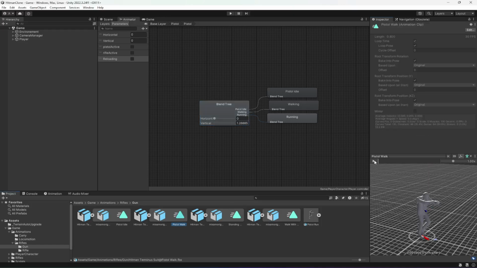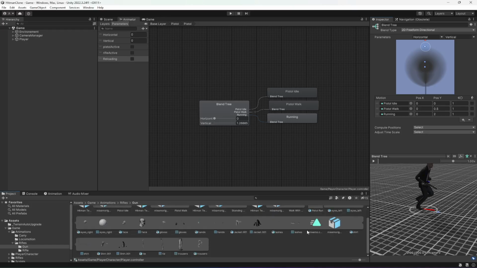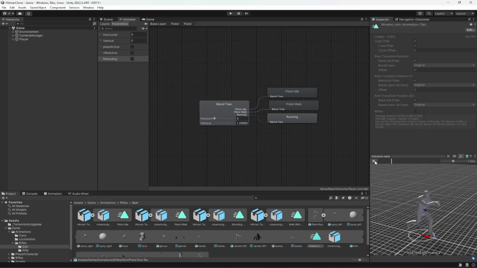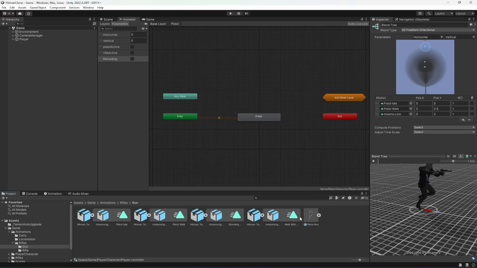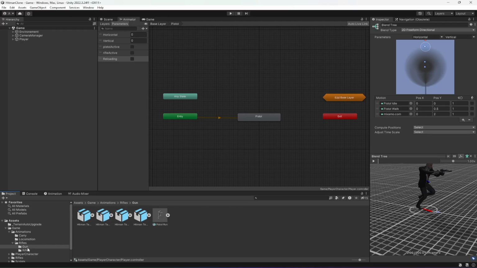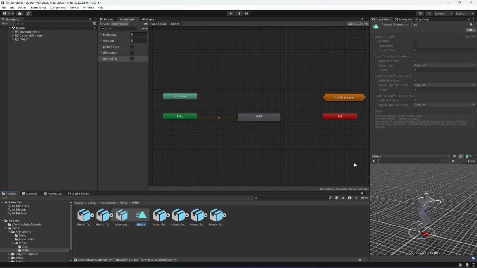Then we have this pistol walk, so I'm going to select it and drag and drop the pistol walk. And then we have this pistol run, okay, which is this one. So select the blend tree and drag and drop that in there. Once you do this, then what we're gonna do, let me tell you, open up the rifle folder, and in the rifle folder search for the reloading animation,